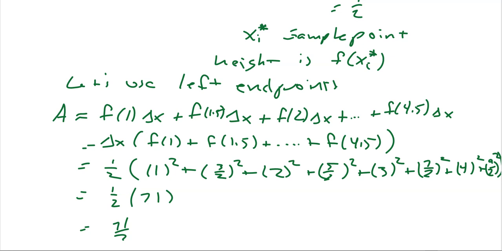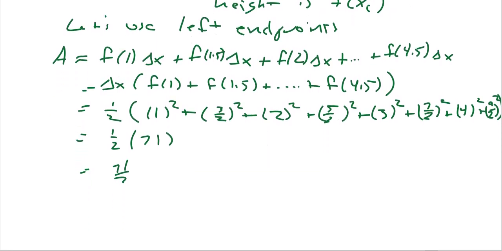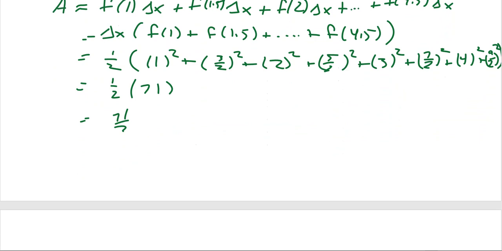Now, I just chose the left endpoints just because that's the one I wanted to use. I could do the same thing, and I could use the right endpoints. That's actually not going to alter things a whole lot, but just to go through it with this same function, if I use my right endpoints,